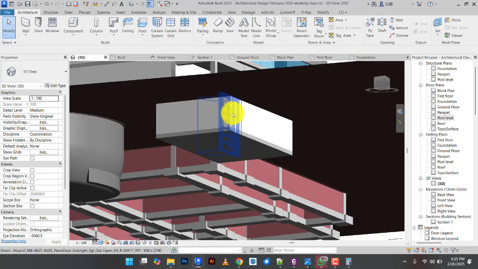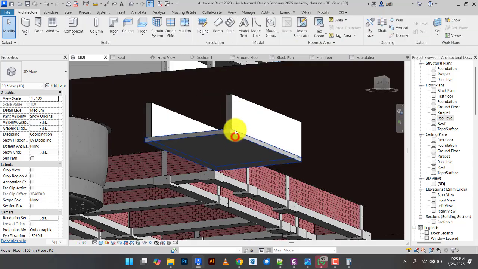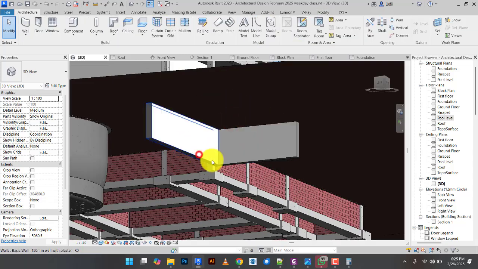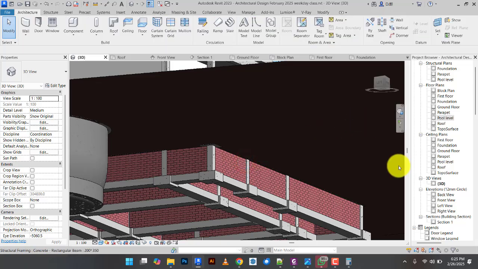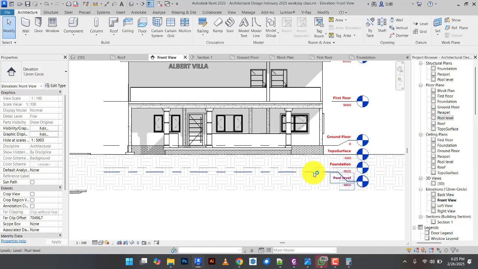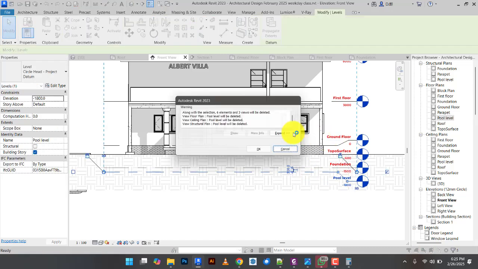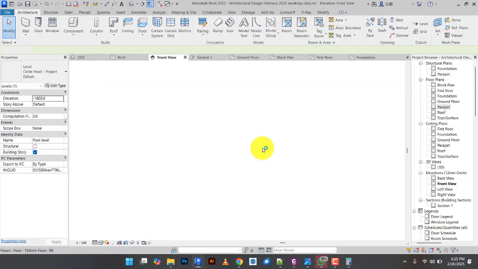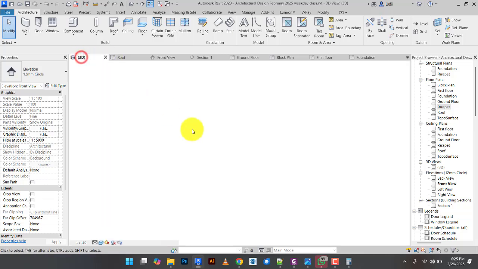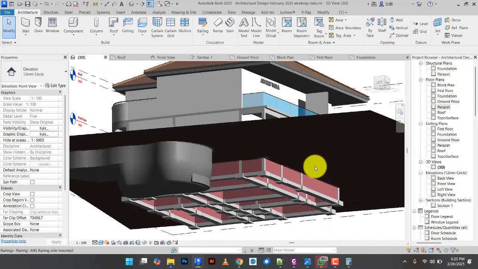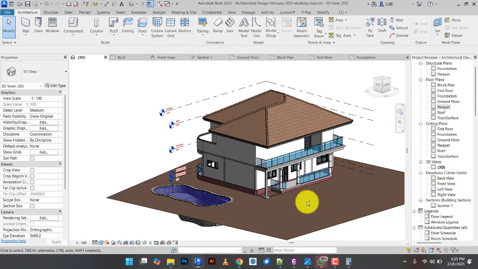Okay, so I'll get rid of this since we say we don't need it. Then I'll go to my elevation and get rid of the pool level, right? So we have our pool here. So that was a sub region. So let's jump to